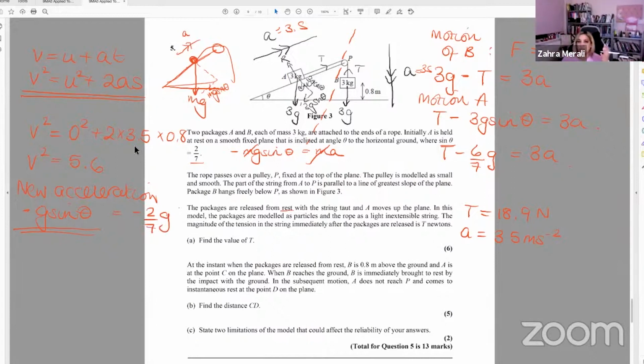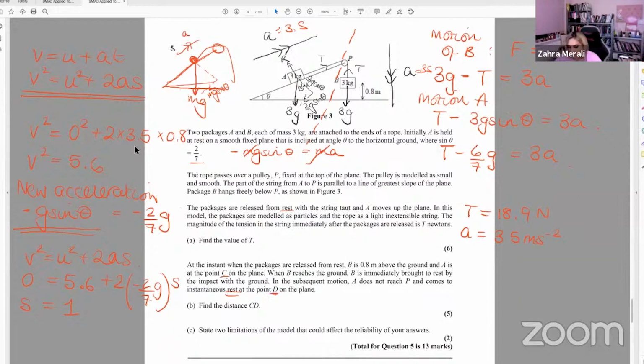And now we want to know when it comes to rest. So we're going to use v squared equals u squared plus 2as again, but this time our old v squared is our new u squared. So v squared equals u squared plus 2as. We know it's now going to come to rest. So 0 equals 5.6 plus 2 times minus 2/7 g, which is our a, s. We rearrange that for s and we get s is 1. So we want the distance